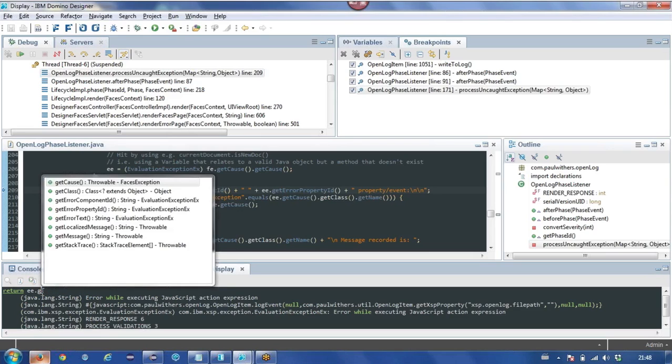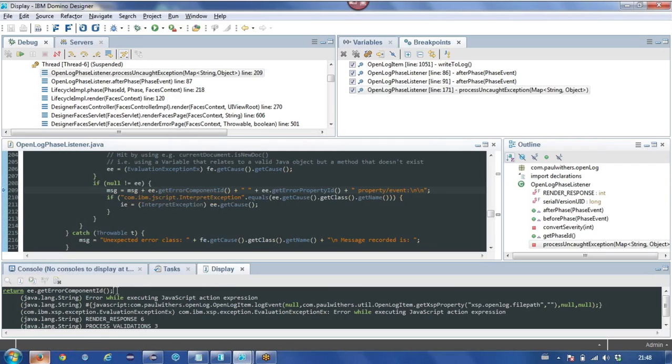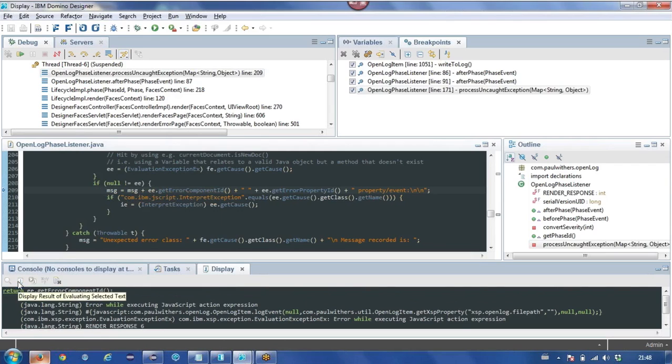And this code you're stepping through right now, this is part of your OpenLog project, debugging, right? Yes. So if someone isn't using this and they just want to use the debugger and step through their code, your code looks very advanced here, quite honestly, because it's all this error handling stuff that you've got built into it.